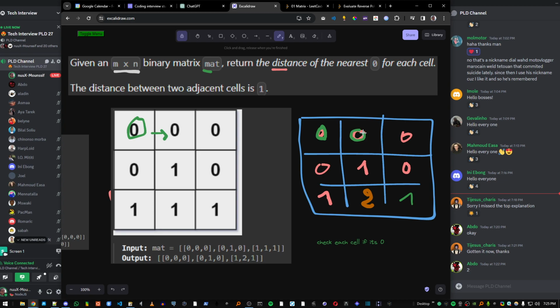Check this, if this is 0, it's going to be 0. Then we're going to come here, this is also 0, so we're going to put 0. We're going to go here. What are we going to do? So if it's not 0,